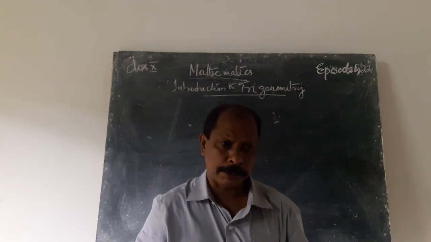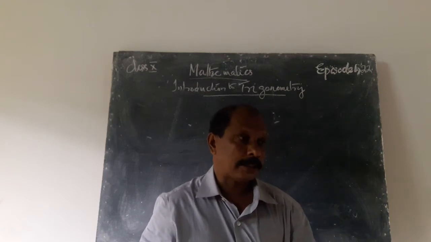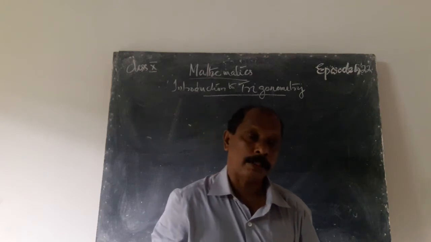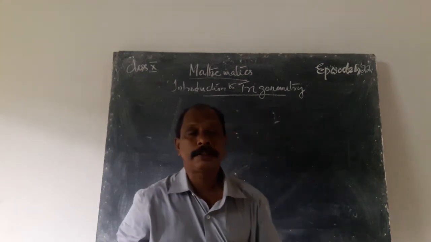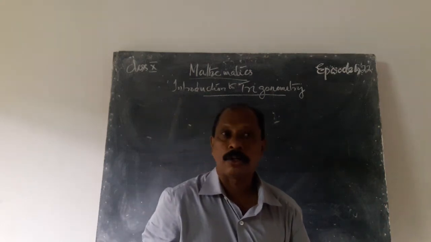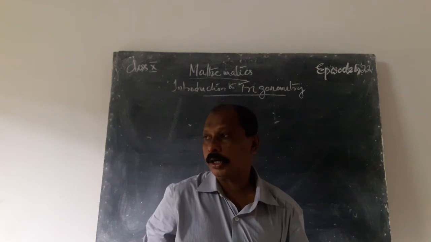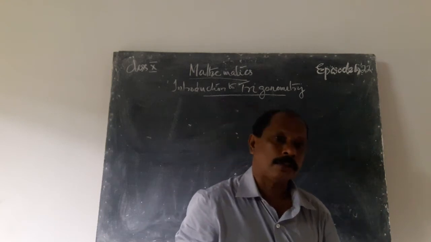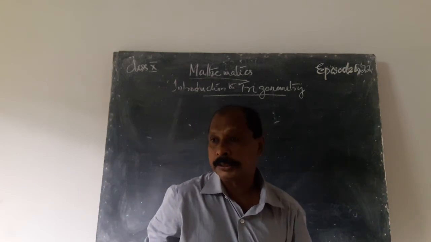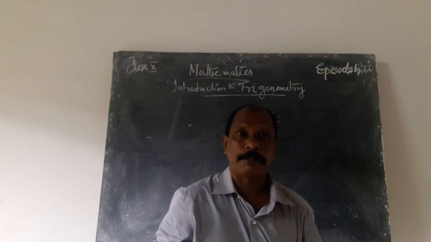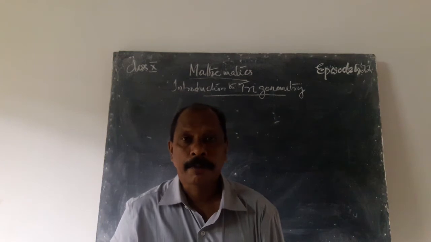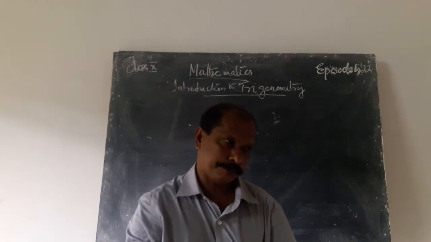Then base, altitude, hypotenuse. There is a relation between these three sides. We know the result from the previous class. That relation is known as Pythagoras theorem or Pythagorean relation, and it is the sum of the squares of two sides is equal to square of the hypotenuse. That means base square plus altitude square is equal to hypotenuse square for a right angled triangle. If any two measures are given, we can find out the third measure using this Pythagorean relation, that is base square plus altitude square is equal to hypotenuse square.